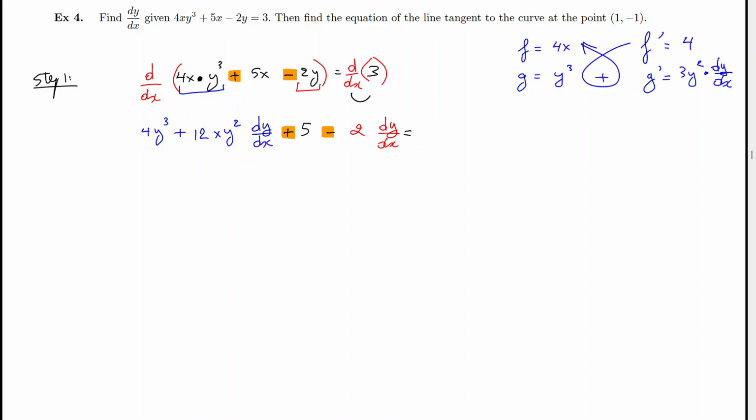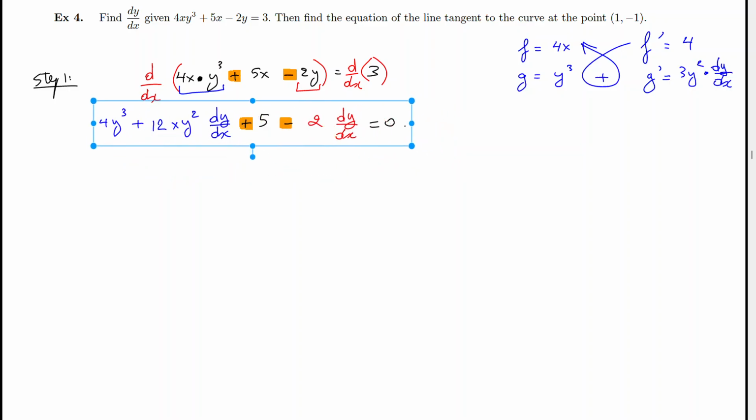And finally, I want the derivative of 3 with respect to x. The 3 is just a random number, doesn't have any variables, so its derivative is just 0. So this is all step number 1 of the process. And step number 2 is to try to